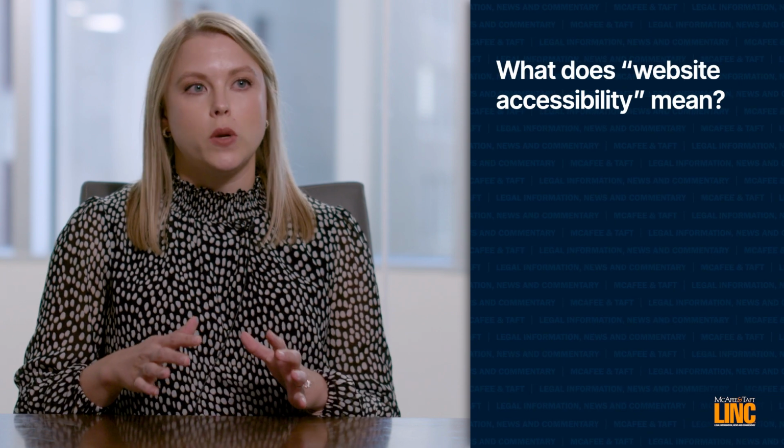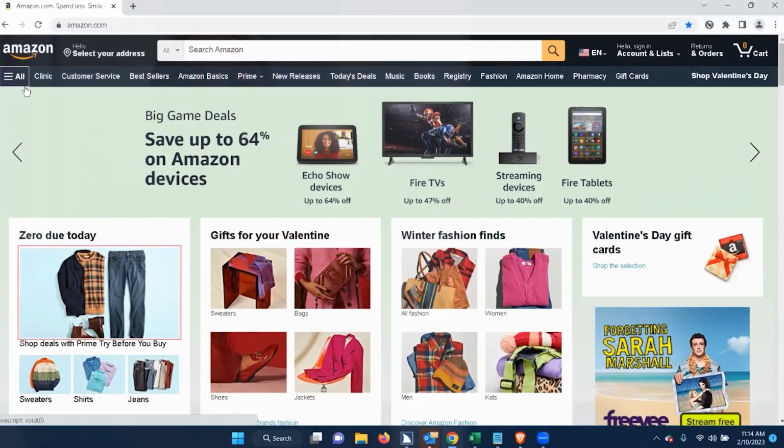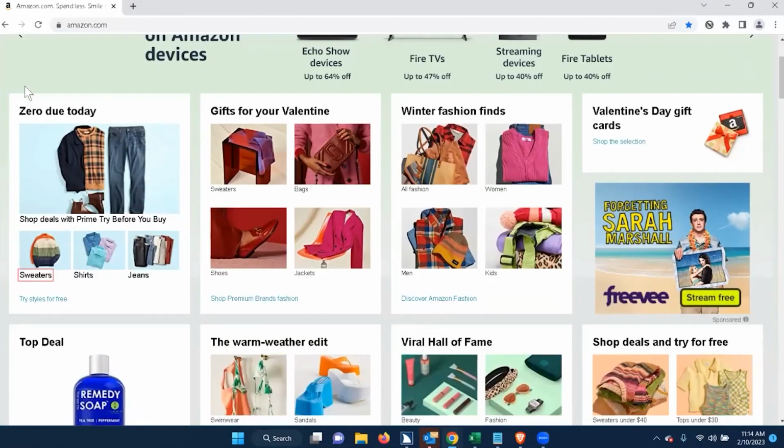And so I think the best way to describe this is through an example. If you have an individual who wants to go online and shop for a certain item, but they are visually impaired, they'll potentially need to use a screen reader to be able to peruse that website and